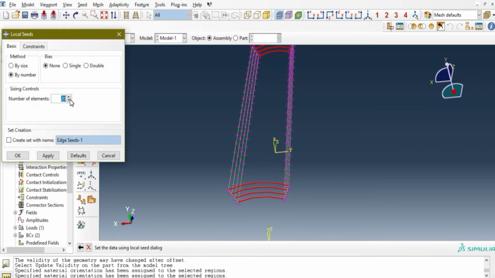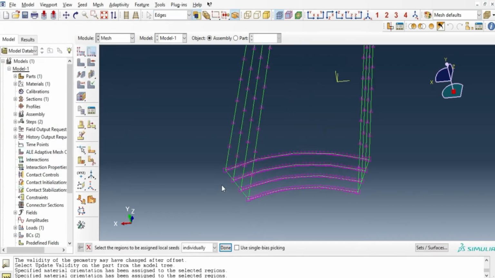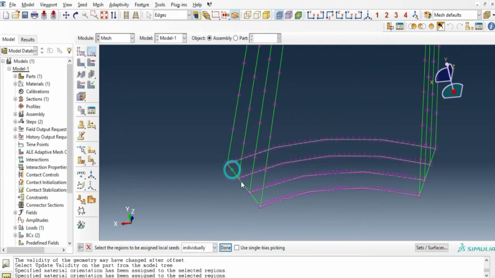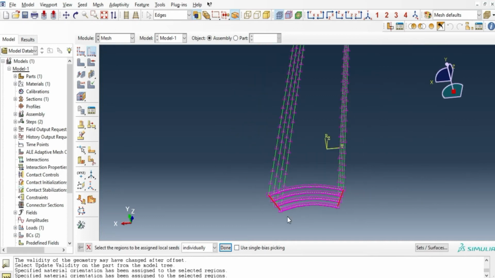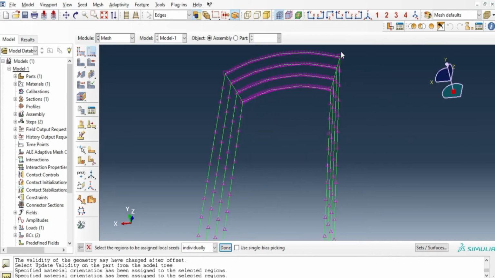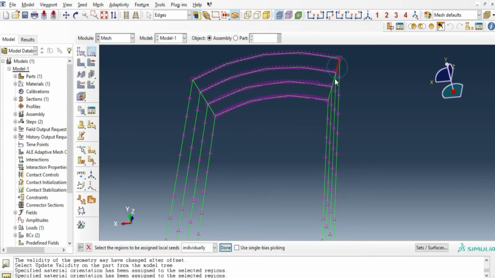So along z, the number of elements doesn't depend on the number of nodes along the z.